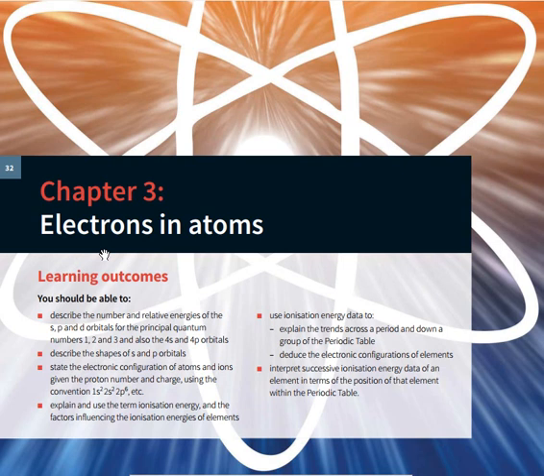We start with the case of s. For s, the azimuthal quantum number l is equal to 0, so l squared is 0, plus 1 gives you 1. So you are going to have one subshell for an azimuthal quantum number of 0. In the case where you have an azimuthal quantum number of 1, which is a p subshell, you have 1 squared, which is 1, plus 1, which is going to give you